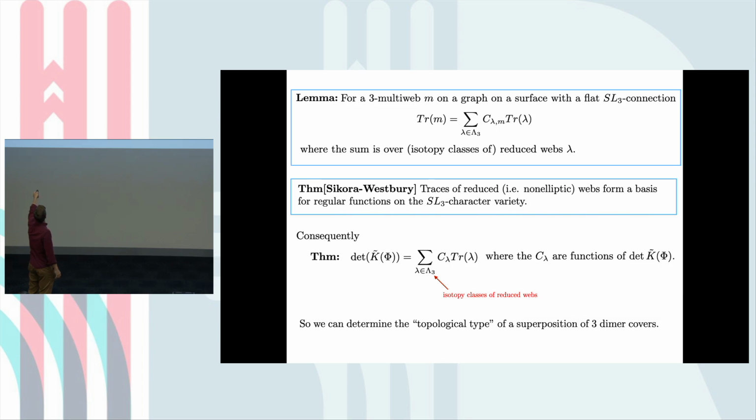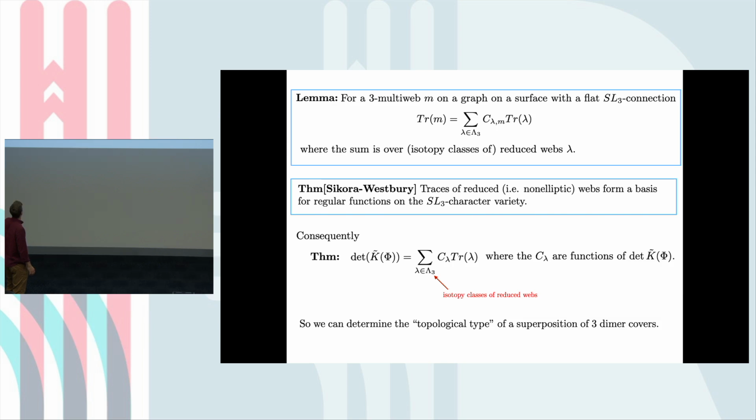This is what I just said on the previous slide. For every 3 multiweb, those skein relations preserve the trace. If you have a 3 multiweb on a graph on a surface with a flat connection, I'm sorry, I'm going too fast. For a 3 multiweb on a graph on a surface with a flat connection, its trace can be written as a linear combination of traces of reduced webs, isotopy classes of reduced webs. So our determinant, which starts out as a sum of traces, can be written as a sum of traces of